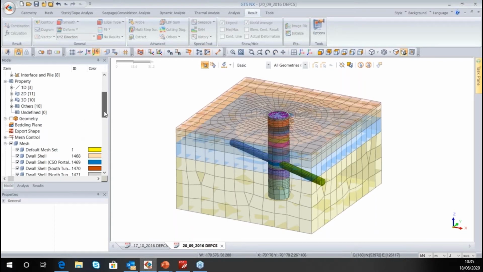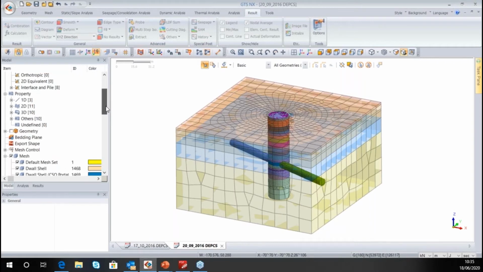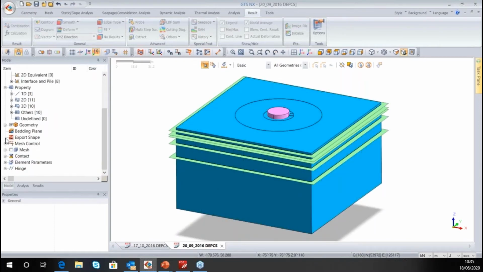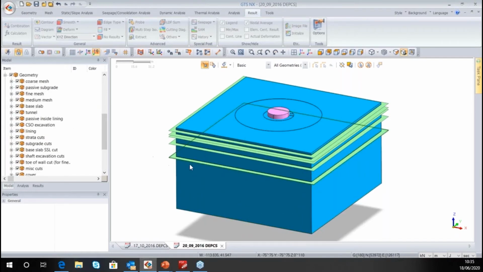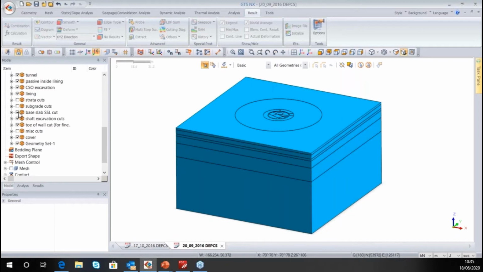So that's the fundamental modeling process: the material is assigned to a property, which is then assigned to the mesh, and the mesh is created from our geometry, which is what I'll just show you now. So I turn all the mesh off. This is all the geometry that went into building the model. And it starts out, if I turn off all the surfaces that we used for cutting bits,